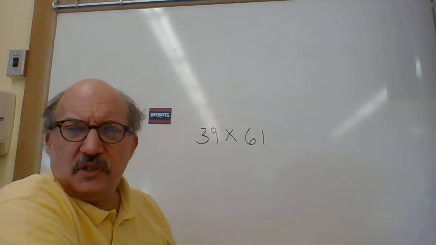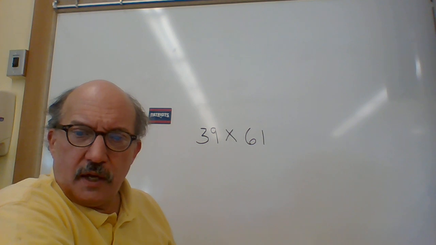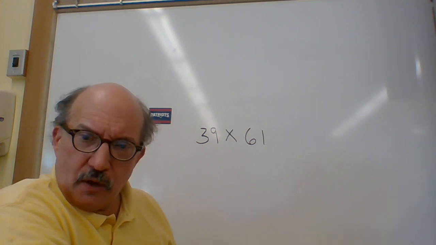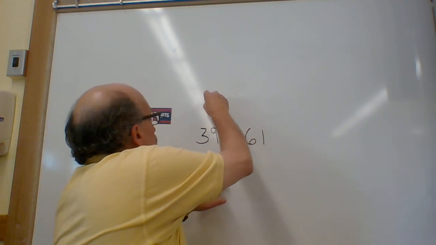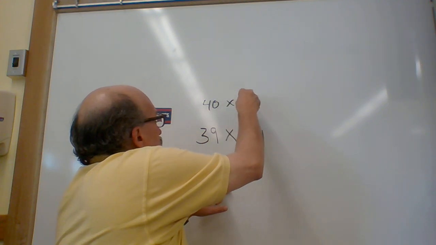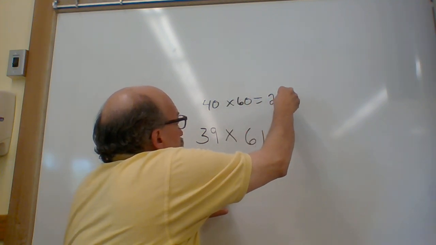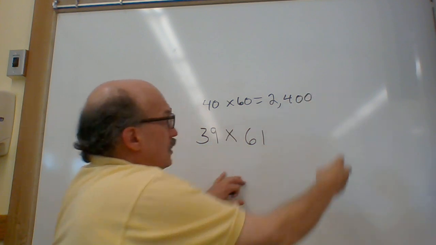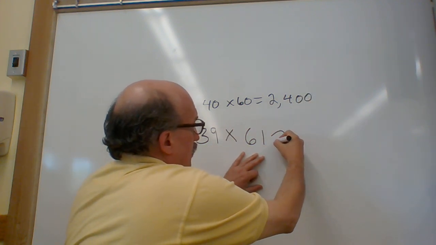What's 40 times 60? You should know that. You should be able to do that mentally. 2,400. 40 times 60 is 2,400. So we can say that